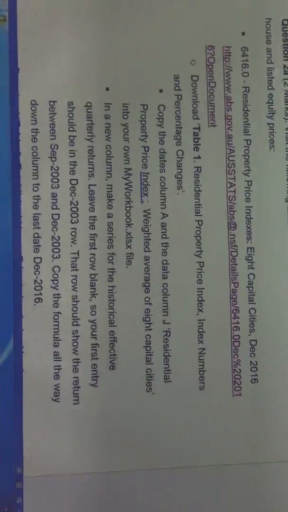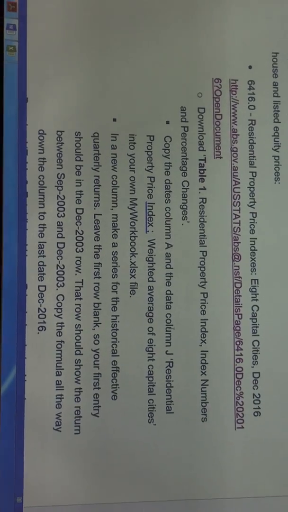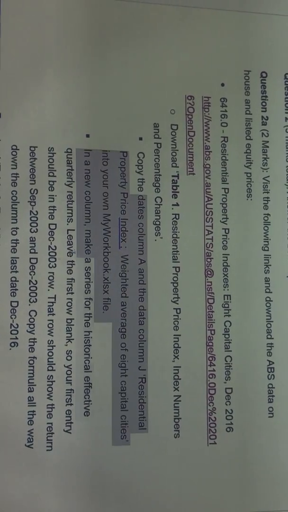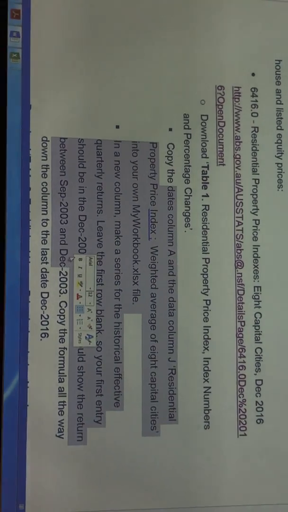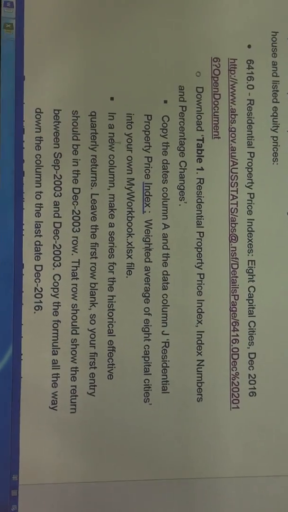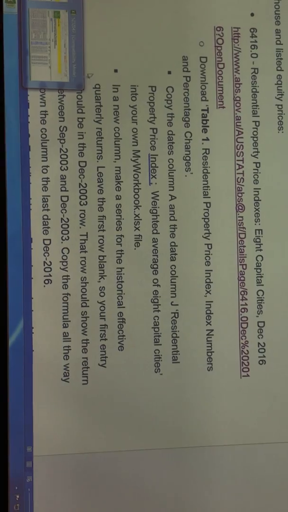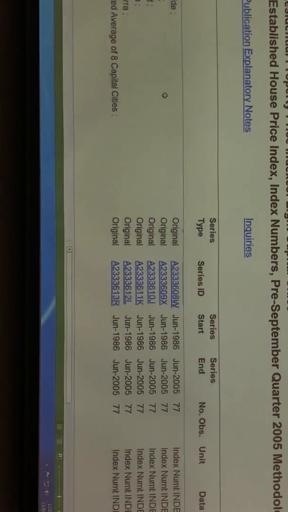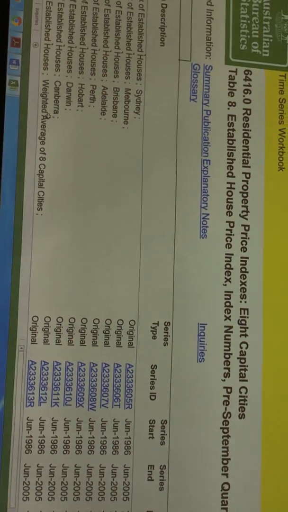So in the first table 1, we want column A and J. You guys can follow the instructions, that's what you'll have to do. We're just going to do it quickly. So we're going to get column A and J, residential property price index. Search. Yeah, we could do that. But also, if you just go,